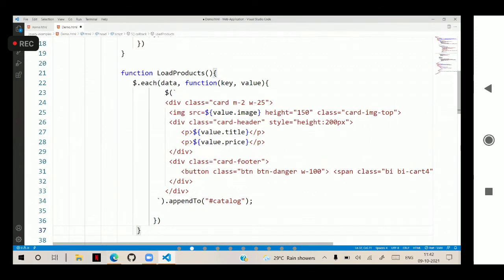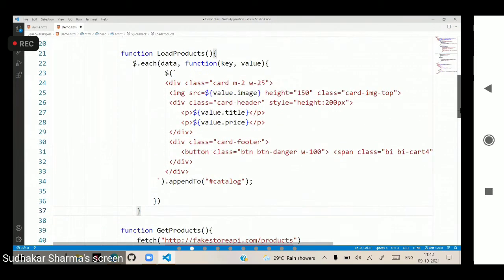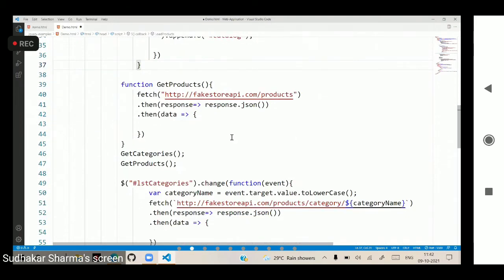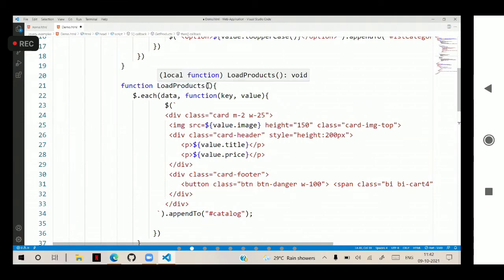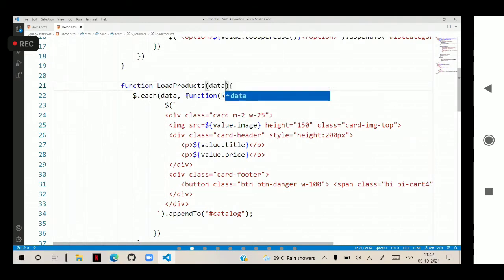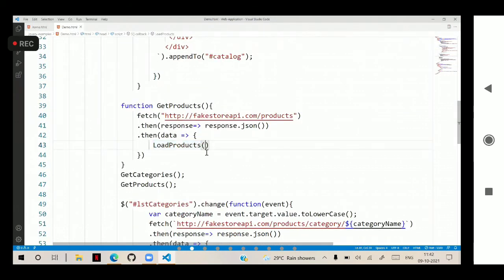Now we have to call this load products here. It is expecting data, so we have to pass the data. Whenever you call it, you pass whatever data is there into it.